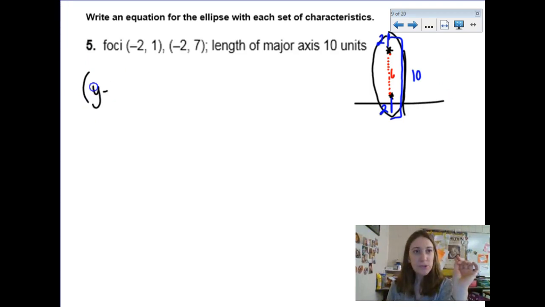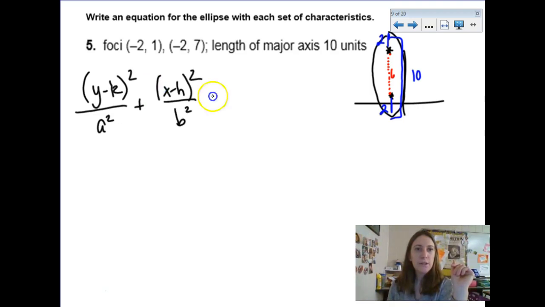It's a vertical ellipse, so y minus k squared over a squared plus x minus h squared over b squared equals 1. I think we know the center after we do a little bit of work. I think we know a. I think we know c. And I think we could calculate b, because that's all we need. Alright, let's do this. So the center